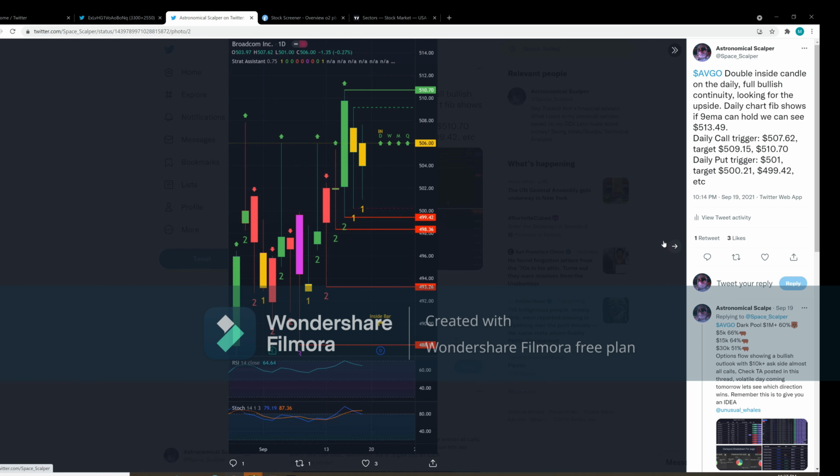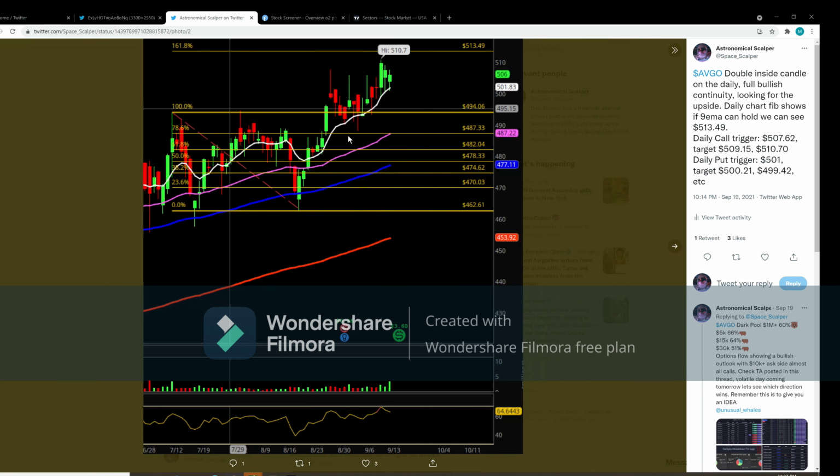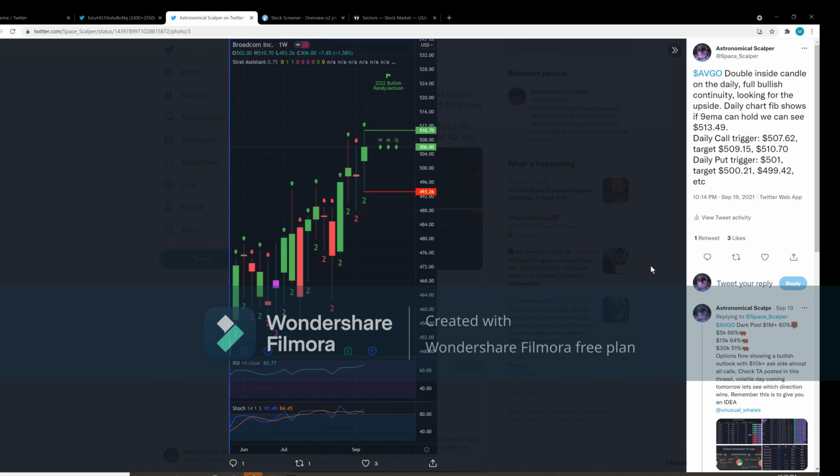We can look at this chart that I charted on Thinkorswim. I had some Fibonacci retracement levels drawn here, and basically I was watching this 9 EMA to hold at support, which is at 501.83. I was thinking that if we could hold 501.83, that we could possibly test 513, not only because of the bullish continuity, but also where's it at? Oh yeah,